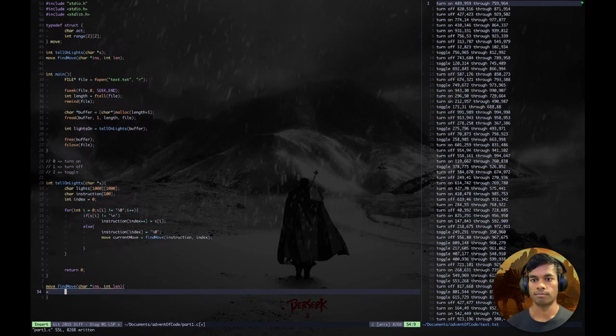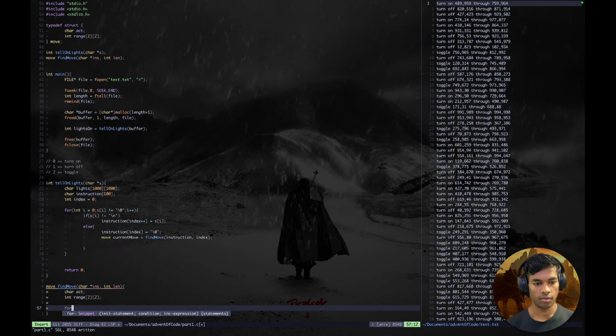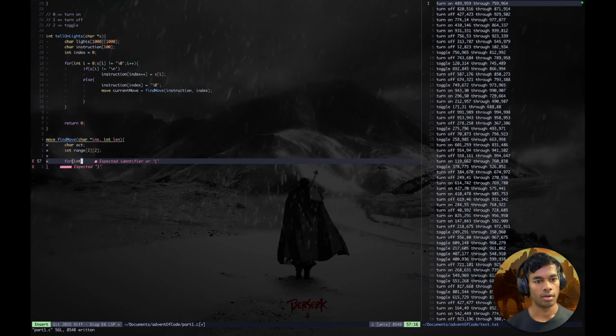The find move: char act equals initially nothing, and then, not int but char, and int range[2][2]. Now for int i equals 0, i less than length, i plus plus,